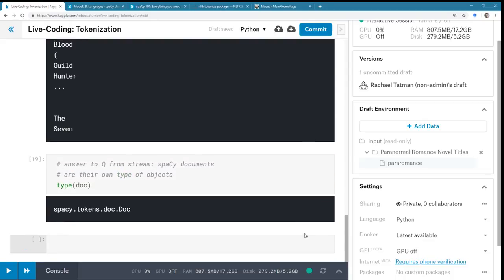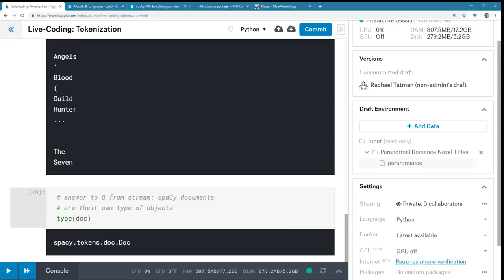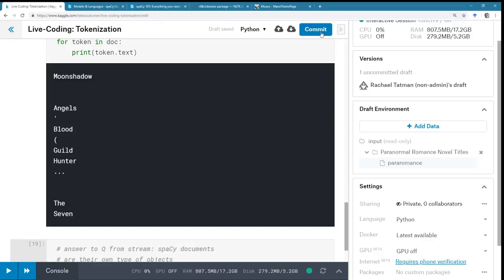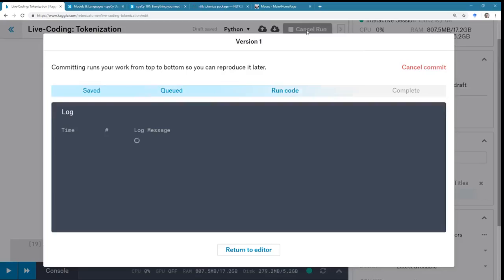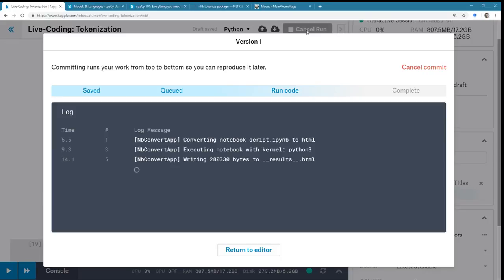Okay, so what I'm going to do now, because we are about halfway through and I want to make sure I have time for questions at the end, is commit this and make it public. Then I'm going to go back to the original one that I forked, fork a new version, and do the same thing in R using tokenizers and the other thing, tidytext. You don't need to use tidytext to use tokenizers, but if you are using tidytext, you will be using tokenizers.